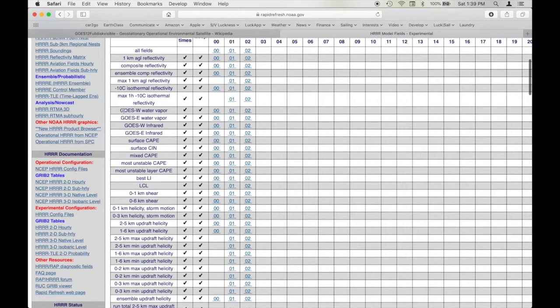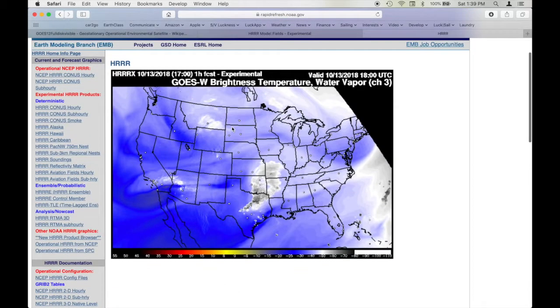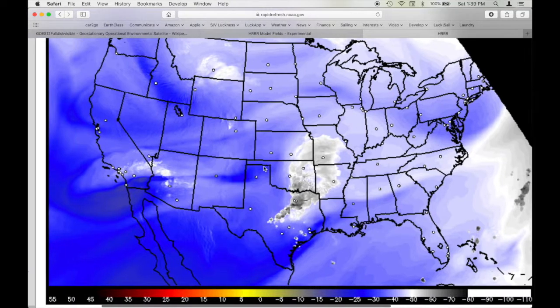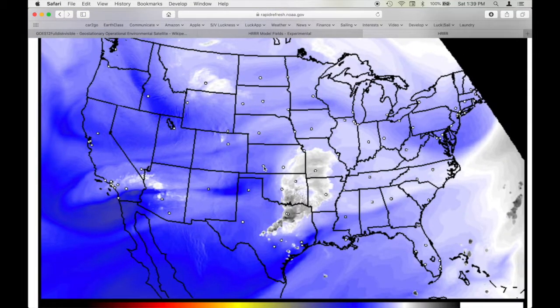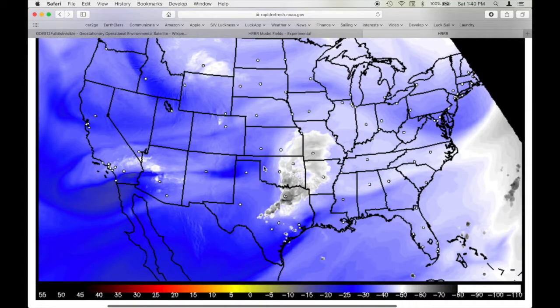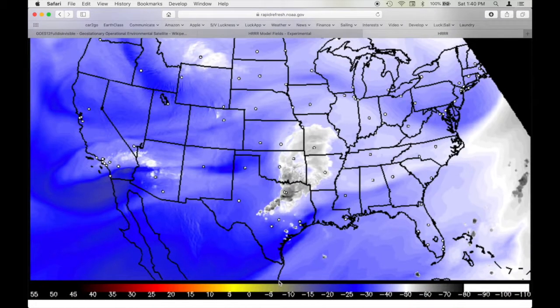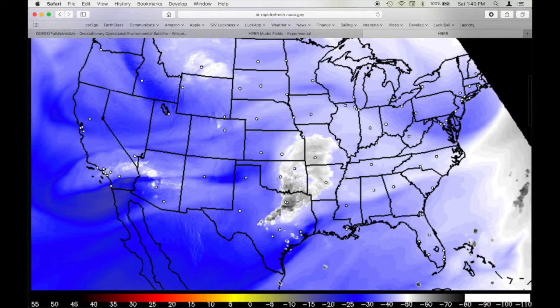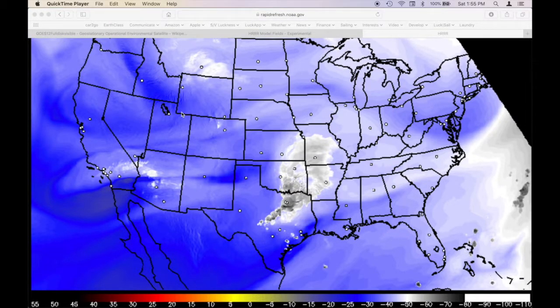So there's this GOES West and East, and we'll look at that soon. So we'll pick the 1 hour forecast, click there, and hey, look, there we go. So we have a color image now. So this is a target of what I want my image to look like. And the important part here is that at the bottom of this image is an example color table. So what I'll do is I'll just expand that a little bit, make it fairly big, put it at the bottom. And now what I'll do is I'll go back to LuckGrib,